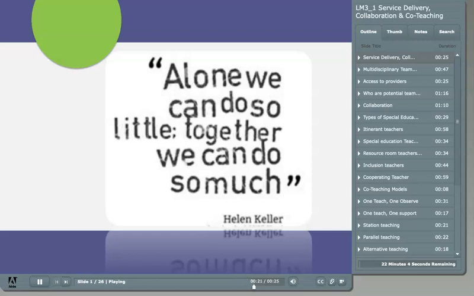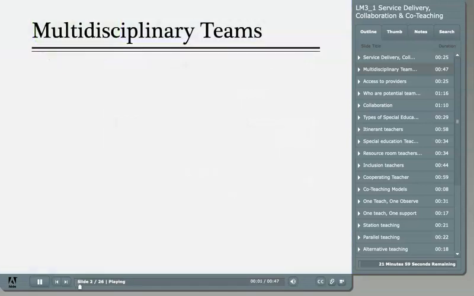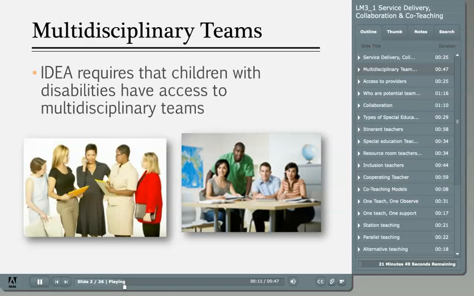So who makes up a school team, and what does this look like in a school environment? We briefly introduced and spoke about the roles of individuals who may provide services to a student with an IEP. Each of these individuals makes up a student's multidisciplinary team. Multidisciplinary teams are mandated by IDEA, and by this, the law means teams consisting of multiple professionals with different areas